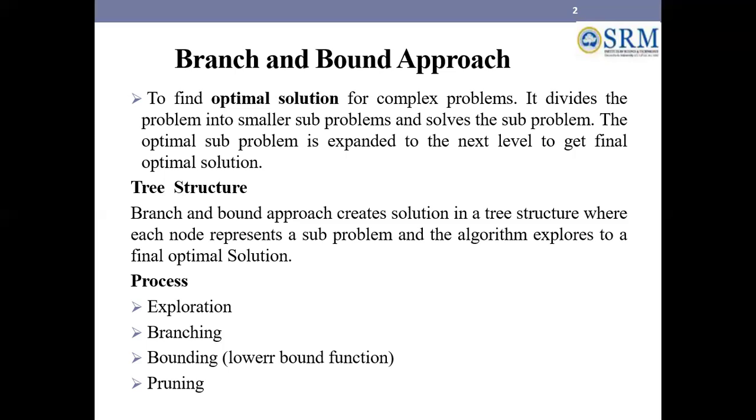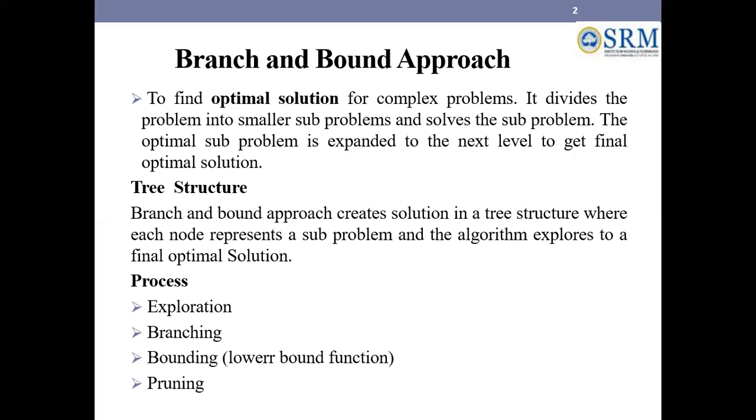All sub-problems are solved at the first level. So after finding the solution of sub-problems, compare the results. Which problem has maximum value, or minimum value for a minimization problem? So the minimum value sub-problem can be considered as a local optimal solution that can be expanded to the next